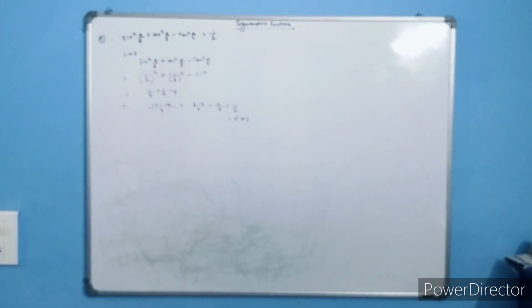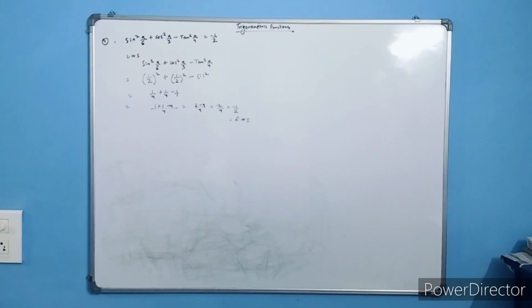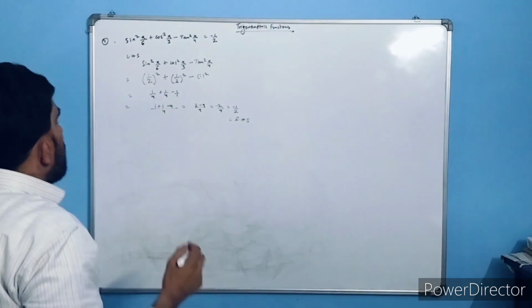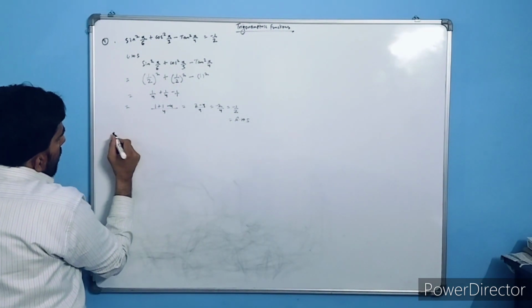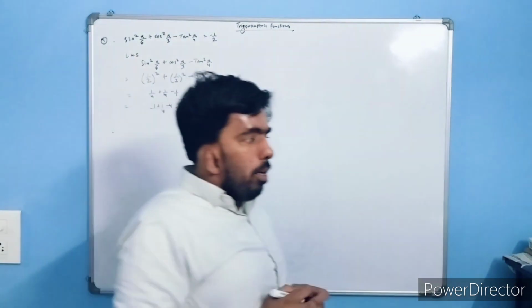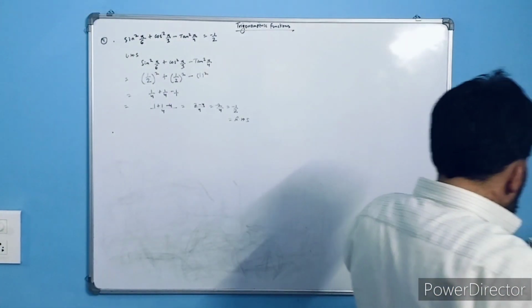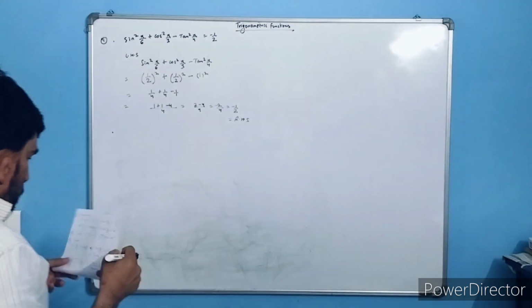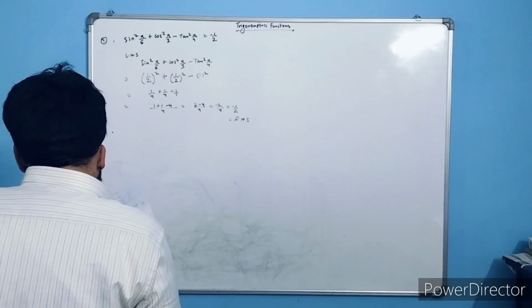Okay, so now let us see how we can sort it out. Now this is a numerical I have sorted out. Now let us see the same kind of another numerical. Now I have in my hand the question they are asking about, that is